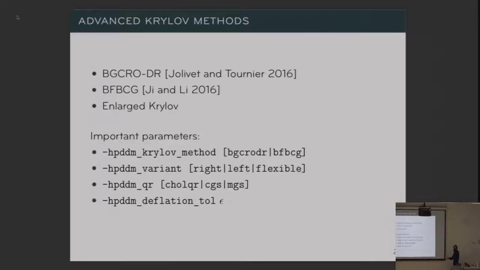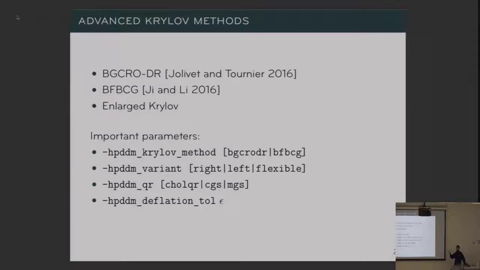The way we can adapt HPDDM and change the parameters is basically the same as in PETSc. You have a list of parameters, and you can change what kind of Krylov method you want to use, and what kind of variant you want to use. For all Krylov solvers, we support right, left, and flexible preconditioning. If you are only interested, for example, in right preconditioning and GCRO-DR, you can also use other packages like Belos from Trilinos, but they don't support flexible preconditioning. So that's one of the advantages of using our tool.